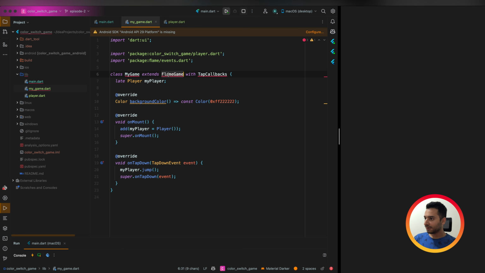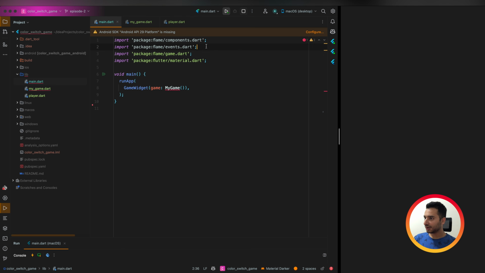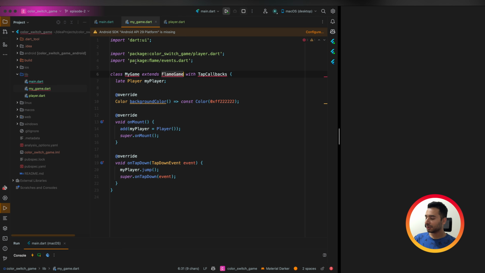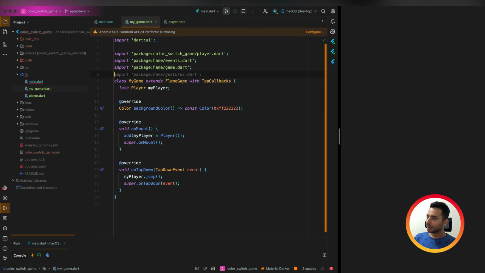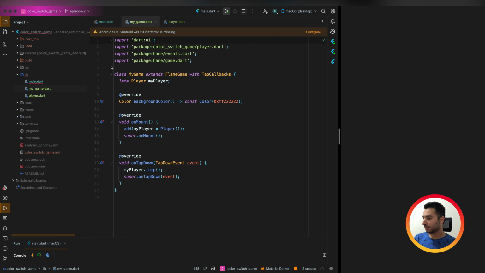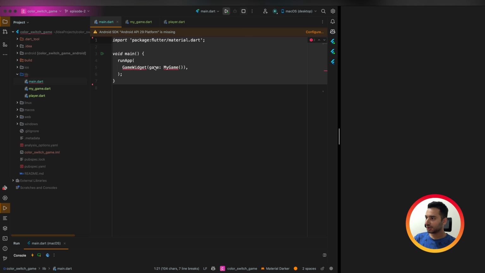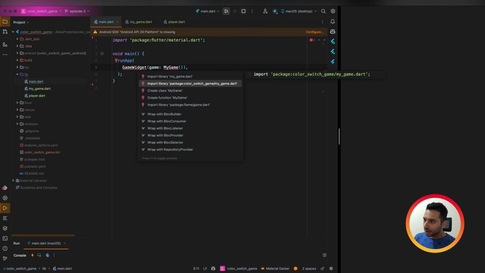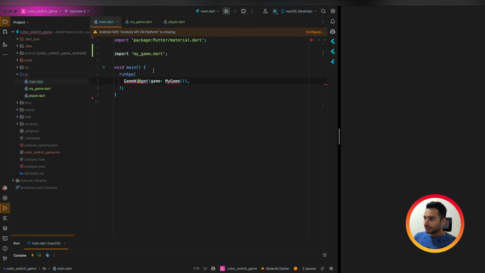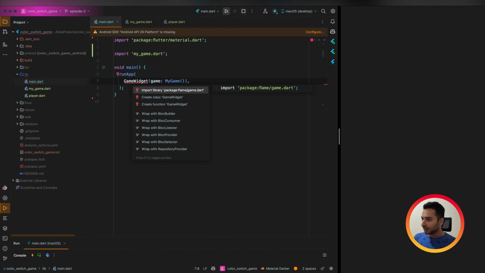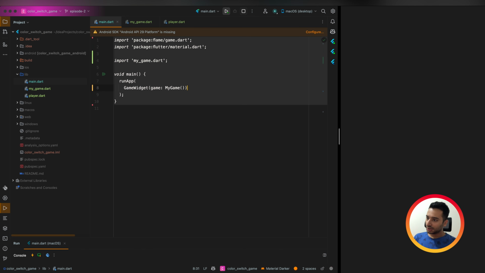Why don't we have access to the Flame game? Maybe we can copy paste this import. Okay. And here I will remove these unused imports. Import my game and also game widget.